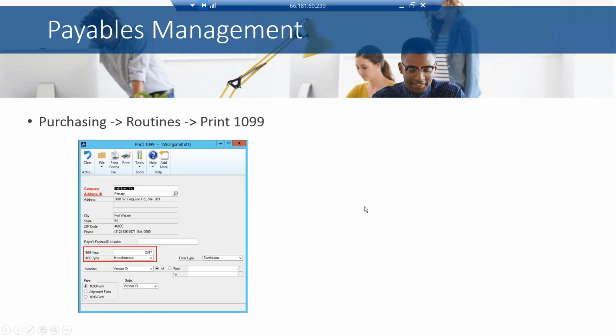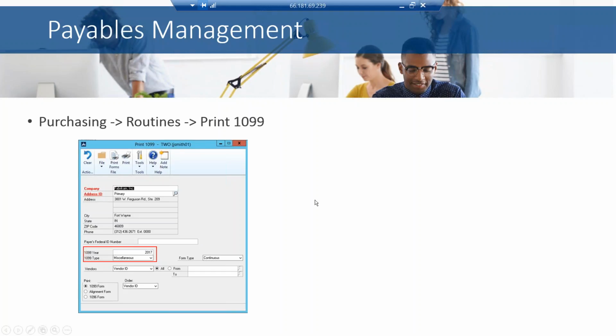And then this is the 1099 printing process. And you'll notice here that the system will ask you for the 1099 year. So this is the part of payables that is date sensitive. It's going to then allow you to produce those 1099s, and you can print the 1096 form at the end as well, which is more of the summarized total of the 1099s. So this is the window that you get to through purchasing routines and print 1099s, and allows you to actually